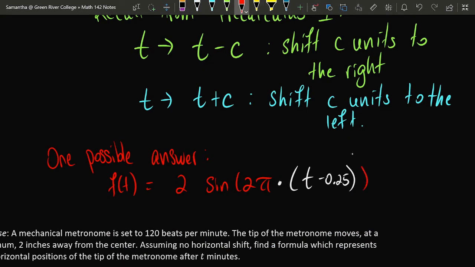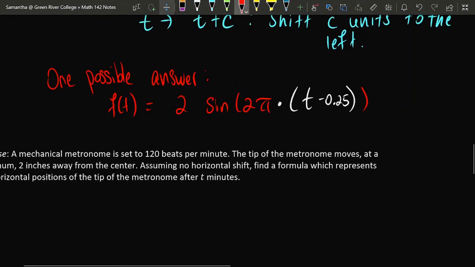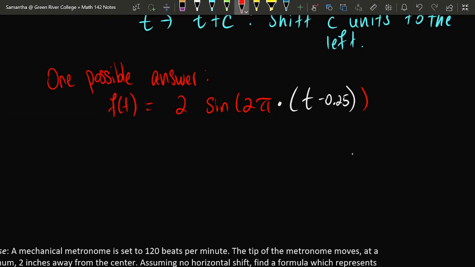This will shift the graph 0.25 units to the right. So this will be a wave pattern which not only has the correct amplitude, period, and midline, but also reaches the correct locations at the correct times. Another possible answer